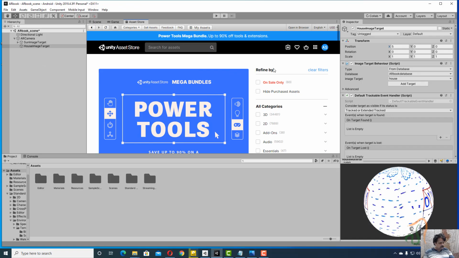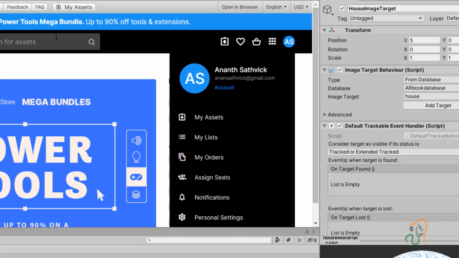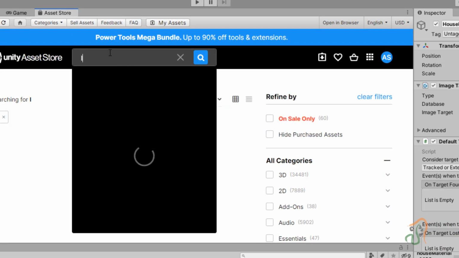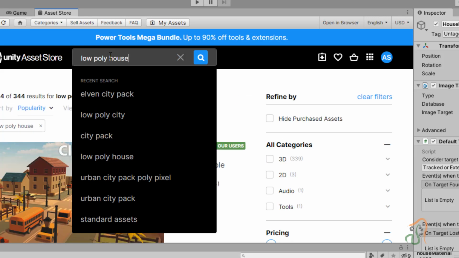Once the asset store has loaded, see that you are logged in. Log into your account, and come to the search window and type low poly house. The reason we type low poly is that we need a very low polygon count. We are working in augmented reality, and if the model size is too big, then your phone will not be able to reproduce that model.